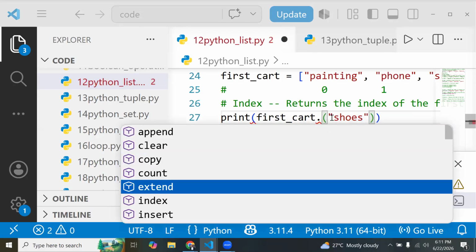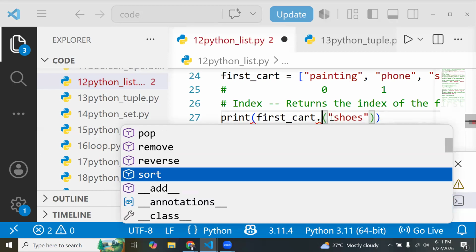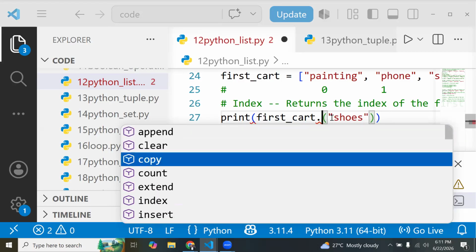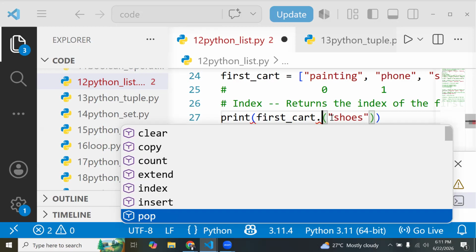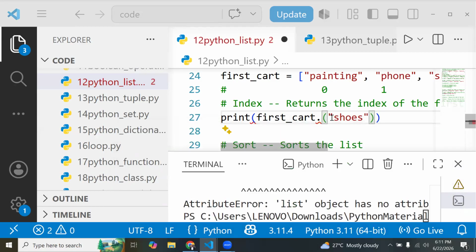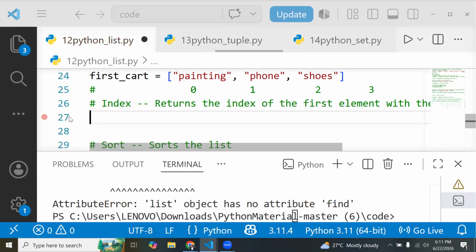Okay, so these are the only methods we see over here: insert, pop, remove, reverse, sort. Don't worry, the find will come later on with other things that we are going to look at. All right. Now, the next thing we see over here is